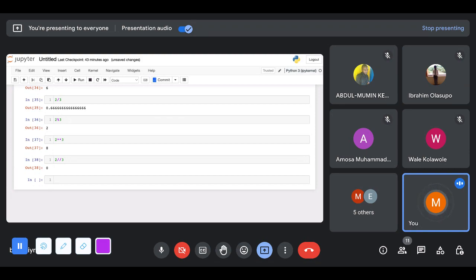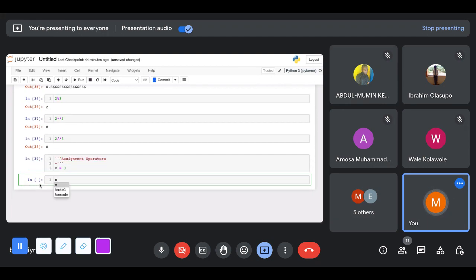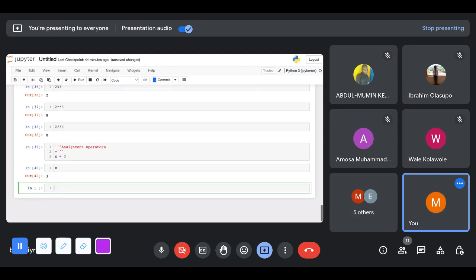There are quite a lot of them, but let's start. So the first one is this one, which is the equal sign, right? So let's take an example. We can say x equals 3. So if we say x now, we've assigned that. Then we can do,